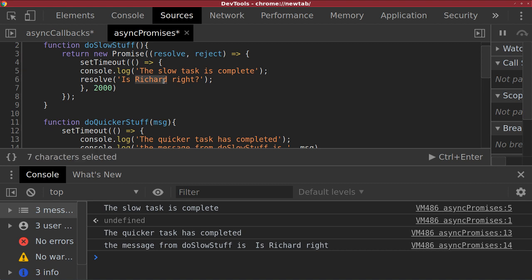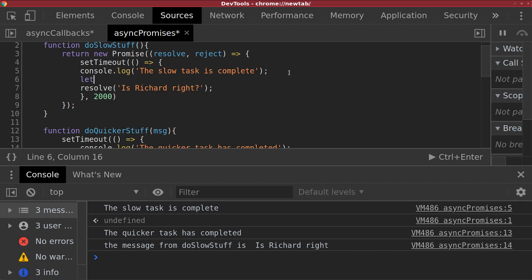Yeah, so essentially I don't want both a resolve and a reject, do I? So I need some sort of conditional to determine when I resolve and when I reject. So maybe, what shall I do? I guess I could let const error equals, I don't know, 0, or maybe I should make it true, and we could do something like if error,